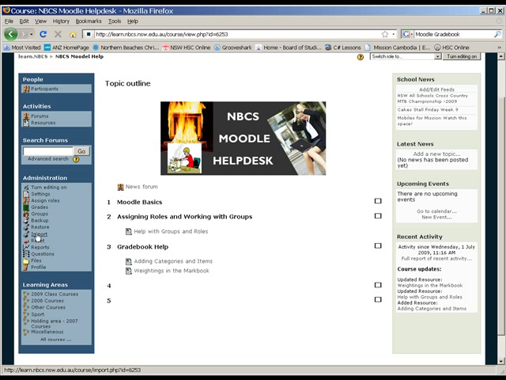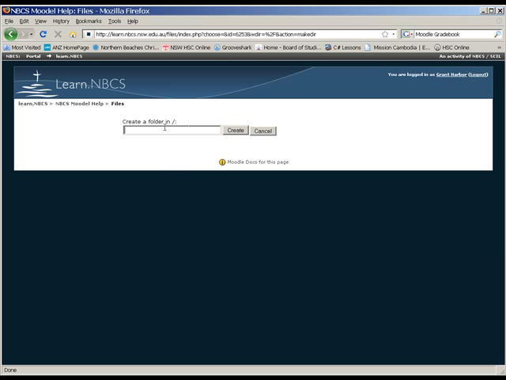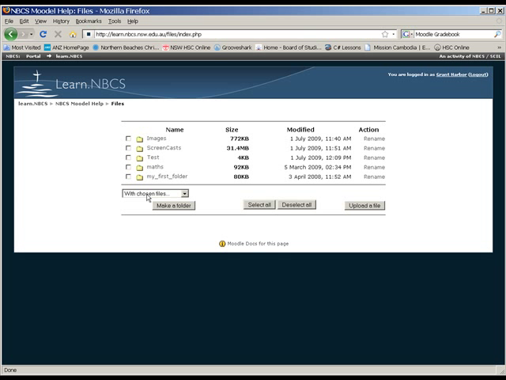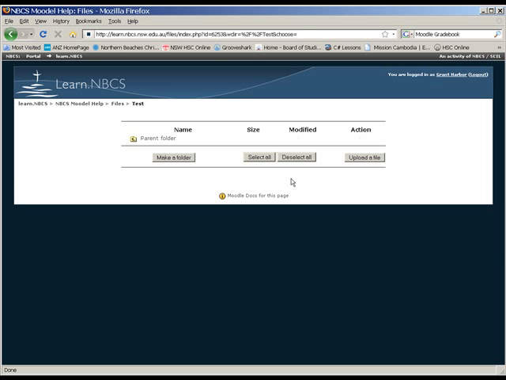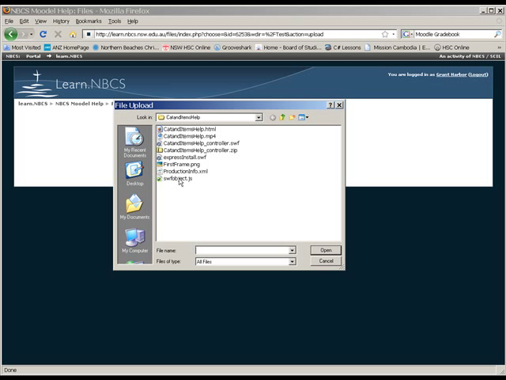And finally, we've got a couple of other bits and pieces. This one here we don't really use that often, but the main one that we use outside of the first three is the files tab, and here is kind of a My Documents for this particular course. Here you can create folders like you do on your computer, test folder, and I can also upload files to these folders. So I could upload a file, I can browse, pick up a file,